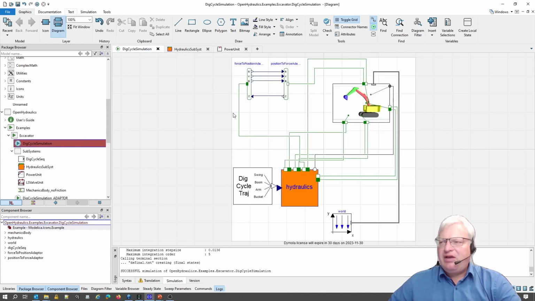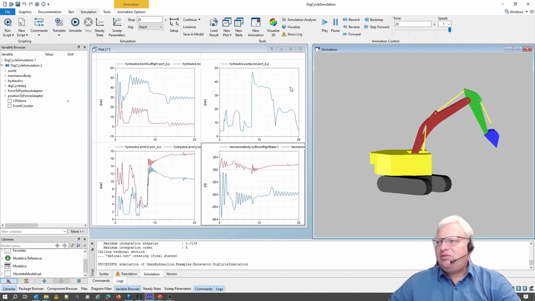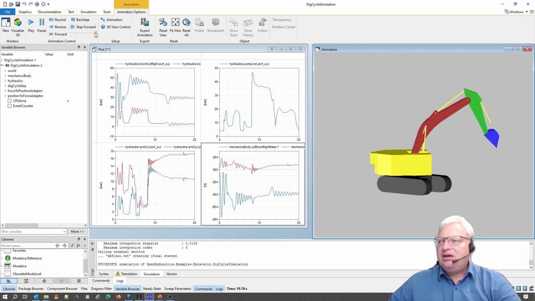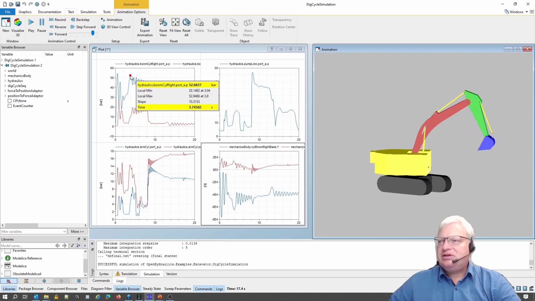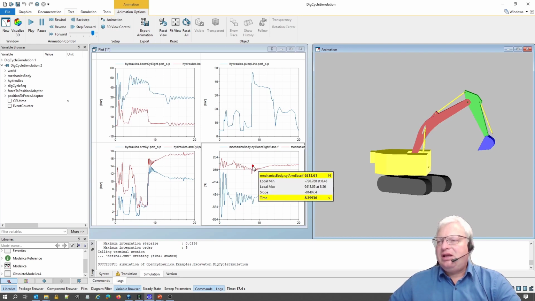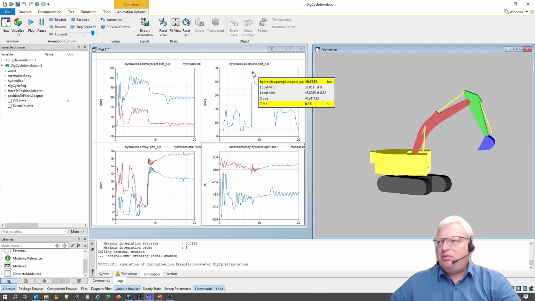So in fact, we have a very complex model of the excavator with control and hydraulics elements. And if we run the simulation, then we can have a look at the motion in the 3D animation, for example, and we can have a look at physical simulation results like the pressures or the forces in the cylinders, or for example, the pressure in the pump. So we can relate in some way our requirements and the model parameters by this standalone simulation, but clearly it